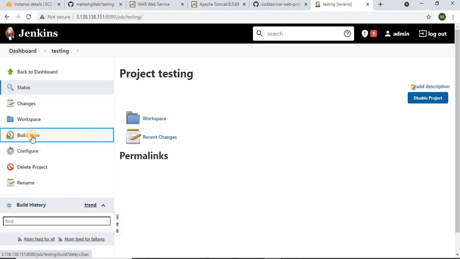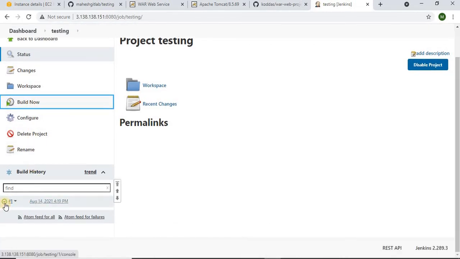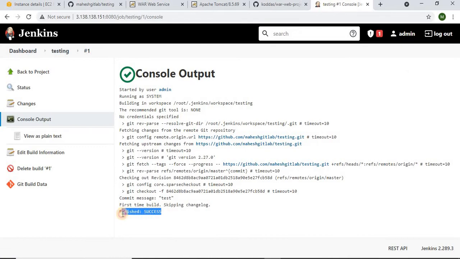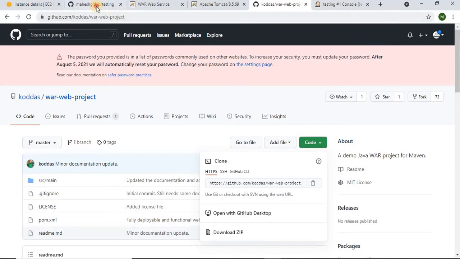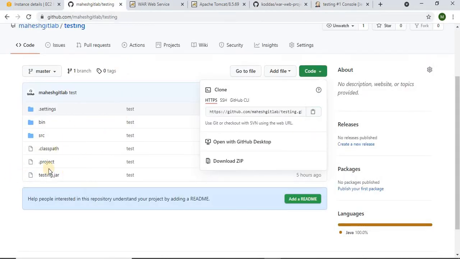Testing is happening. Let us see the build status. Yes, this is success. You could see the green mark. Let us open the console. See, you can see finished success. But obviously this is only about getting that code from git. No testing has happened. The job name is testing, but no testing has been performed. We have only given the git repository URL to download the code, so it was just downloading this code. That's it.